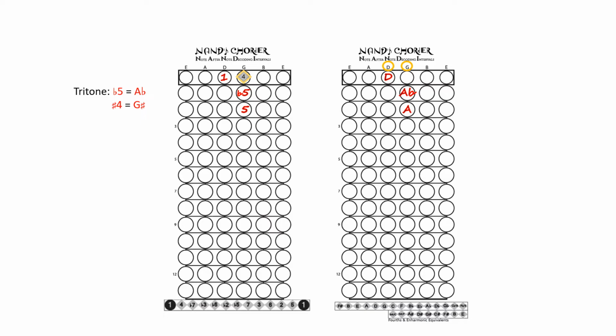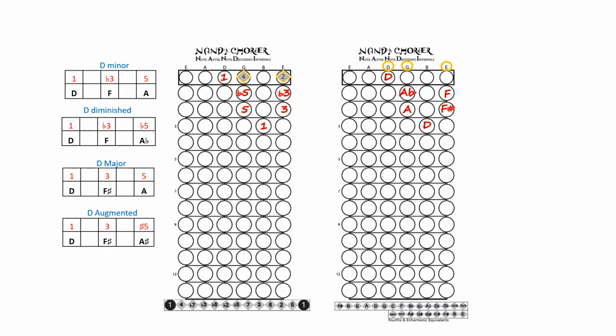as a reference. The diminished fifth and the augmented fourth are basically the same interval and referred to as the tritone. The D minor and D diminished triads contain F, the minor third, while the D major and D augmented triads contain F sharp, the major third. The D major and D minor triads contain a natural fifth. The D diminished triad contains A flat, a diminished fifth, and the D augmented triad contains A sharp, a raised